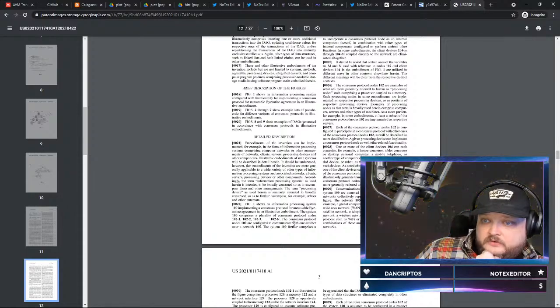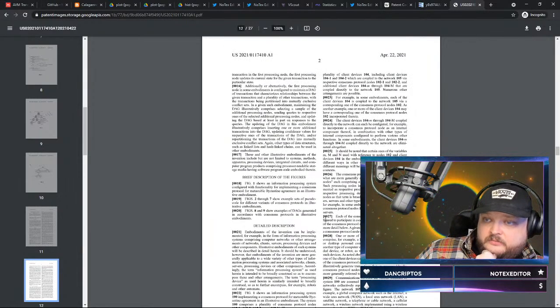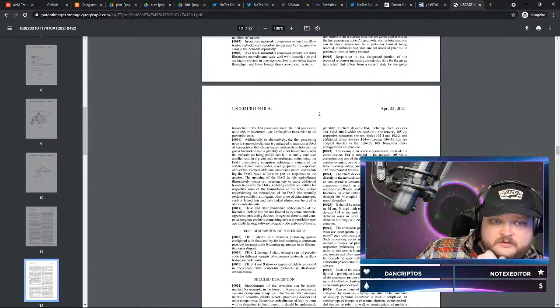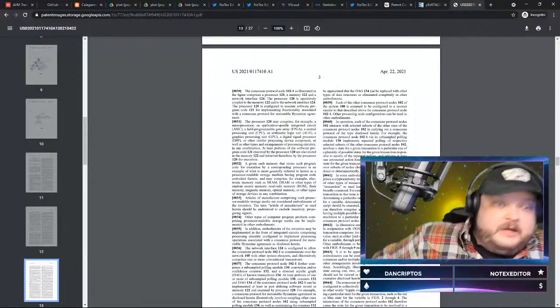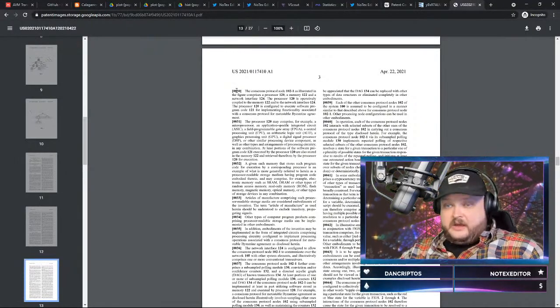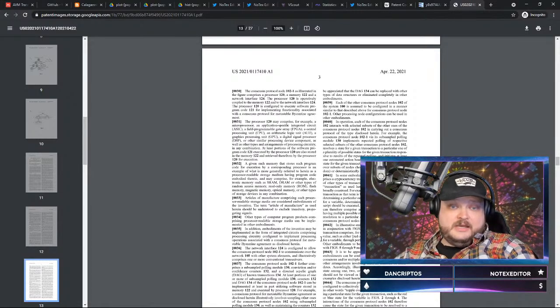Since the protocol nodes are configured to communicate with one another over a network, the system, a plurality of clients, including client, and so on. That's not what this is, is it? Interesting. Well, that could be possible. That is something that could happen. It's interesting to see how that plays out, but I don't know. I'm not a lawyer, so I can't say.